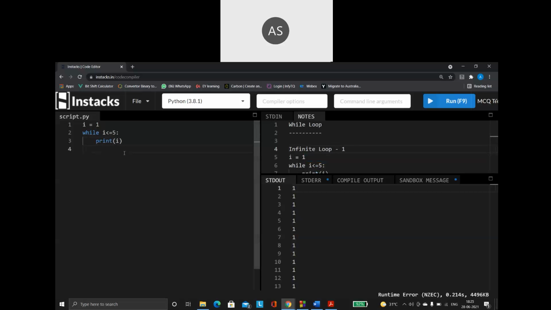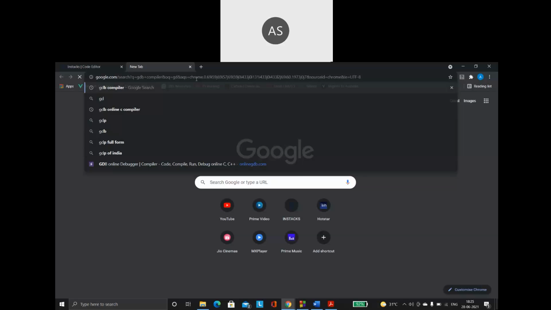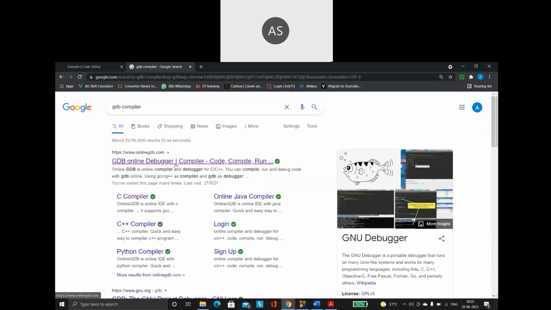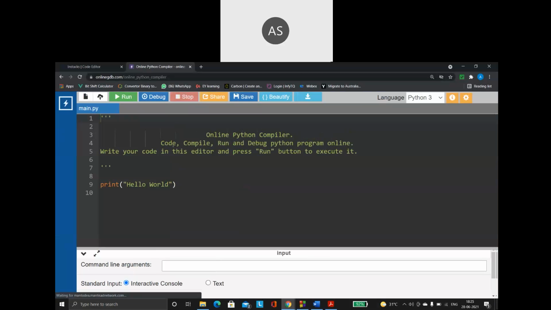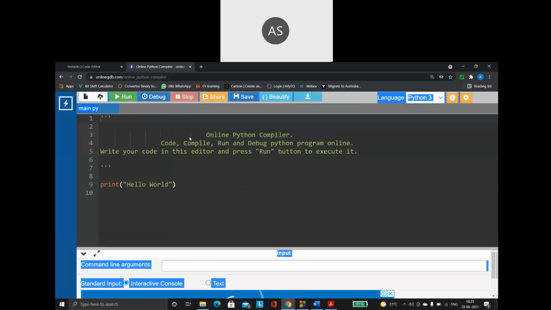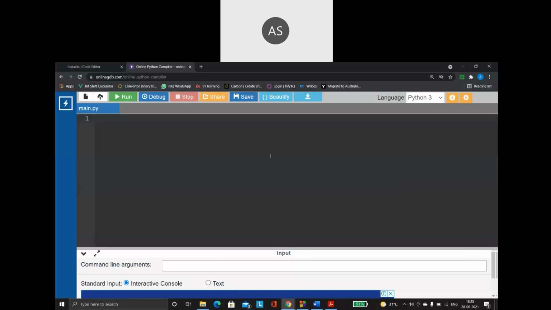What other way? Okay, let me tell you here. I'm going to create a program here which is going to ask my user to enter a number. You're going to create a program which is going to ask the user to enter a number. And this step has to keep on getting repeated again and again until the user enters 0. So until the user gives 0, you have to keep on asking the user, enter a number, enter a number, enter a number. So it should keep on going like this.